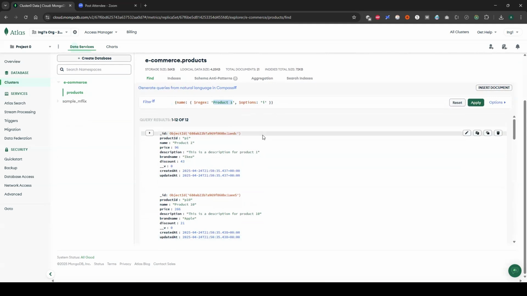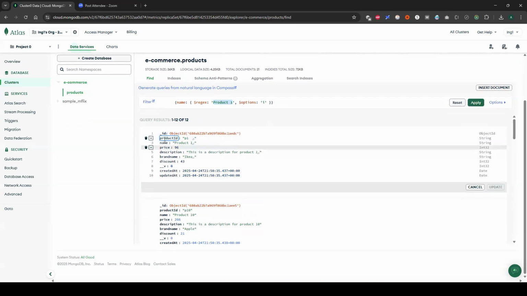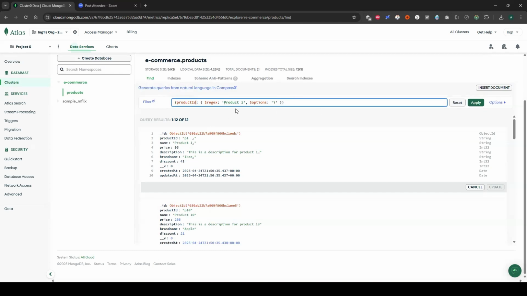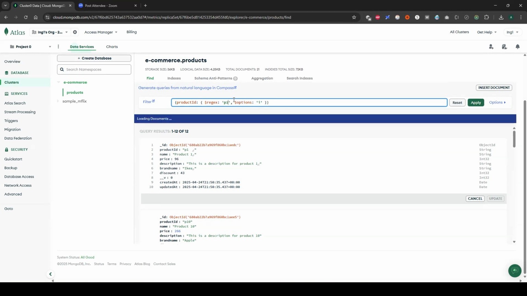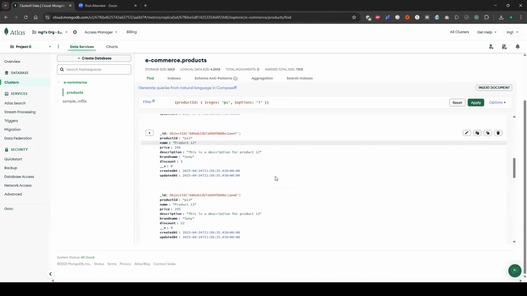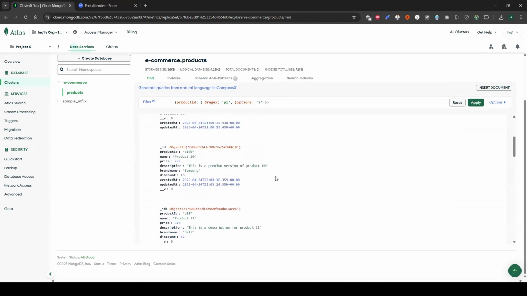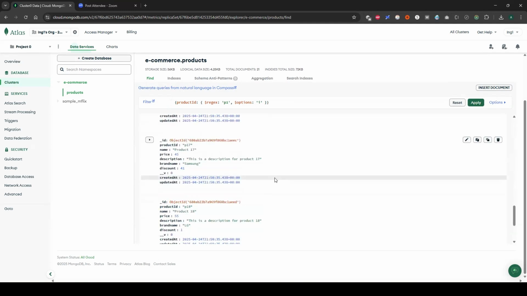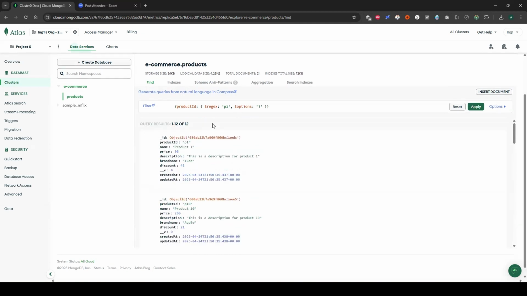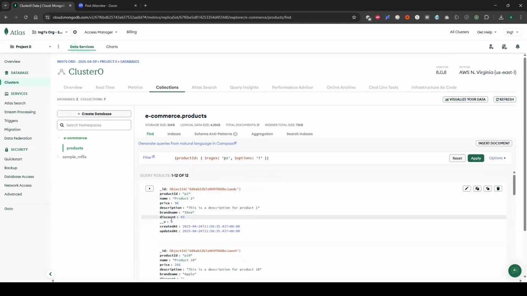Moving on. So let's say we had a similar thing, right? Product ID, and we say P1. So give me all the products which match the product ID P1, right? Now if you see, we still get all the same products because all of them have P1 in their name in common. Now, once you have built your query and you have verified your